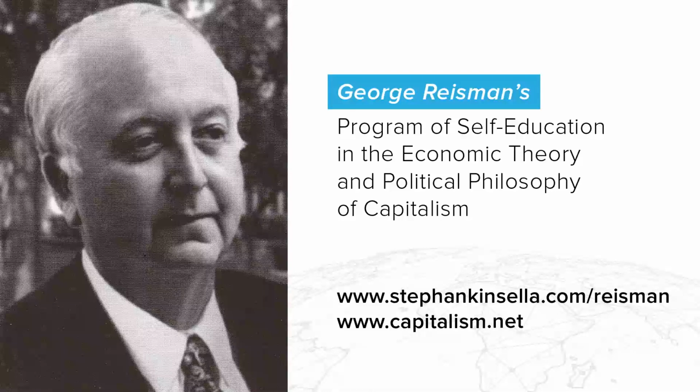Group 2, the group that attacks the connection between the quantity of money and demand, contains the various forms of the doctrine that inflation is the result of a more rapid spending of a given quantity of money. In its pure and basic form, it is represented by the doctrine taught to economics students that inflation is the result of a, quote, rising velocity of circulation of money, a faster spending of money, rather than a rising quantity of money.